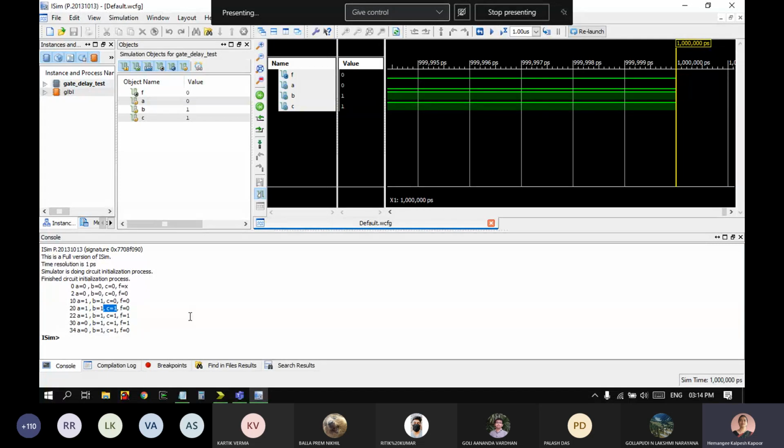Okay, next we changed A. What has this changed? This changed the first gate. The first gate after 2 time units went from 1 to 0. Because it became 0, it affects the next gate, which is ANDing with C, and hence F will get affected. So at time instant 32, the first gate gave an output of 0, which is not seen here because the variable temp cannot be monitored. And then this affects the second gate. Hence our answer comes at time instant 34. Okay, so that's the concept of a delay. You can see it here.